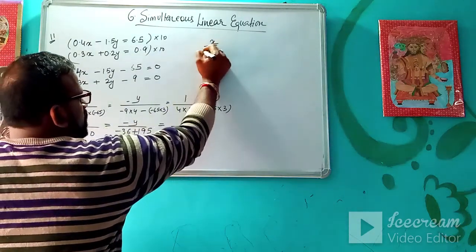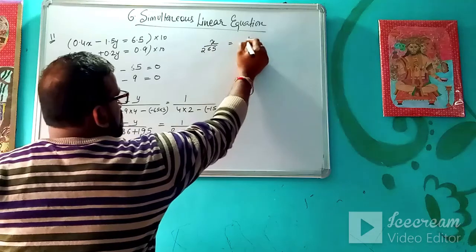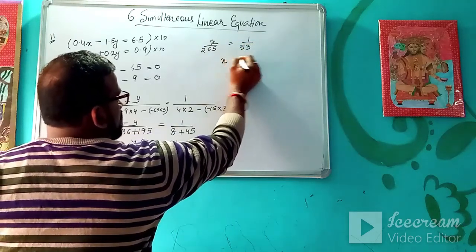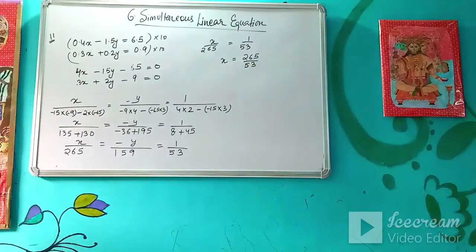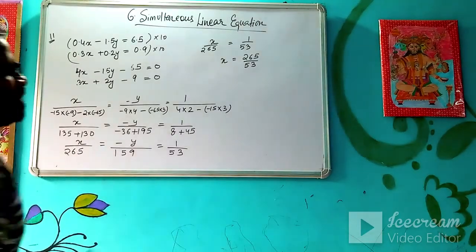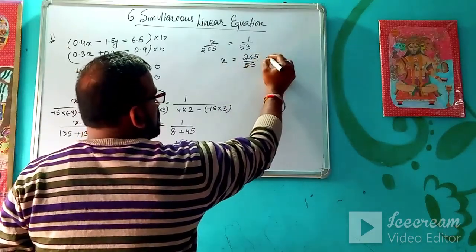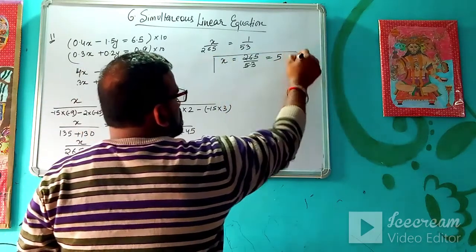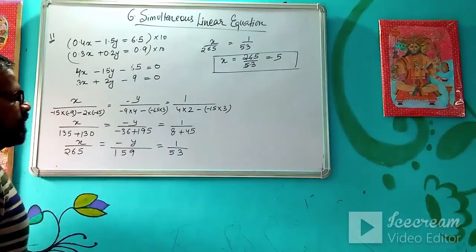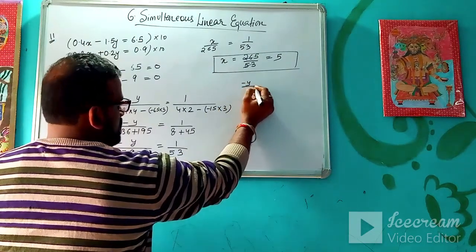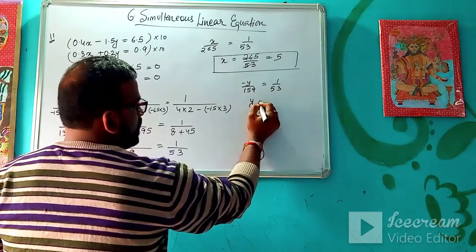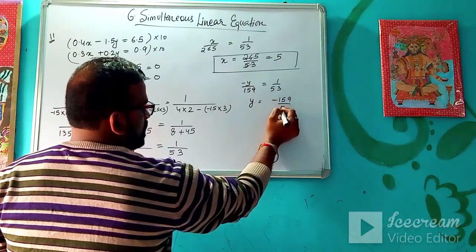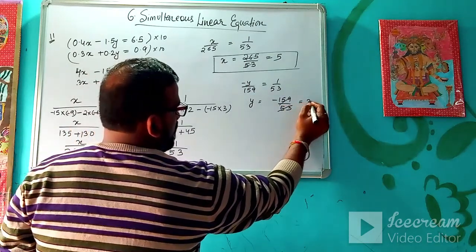So x upon 265 is equals to 1 upon 53. So x will be 265 upon 53, that is 5. So this is the value of x. Then minus y upon 159 equals to 1 upon 53. So what is y? So this is minus